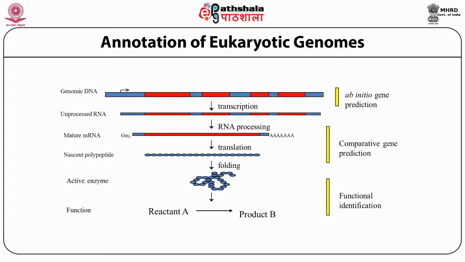At different levels, different types of tools are used for functional prediction. For example, at the gene level or genomic DNA level, ab initio gene prediction methods are utilized. Then at the RNA level, comparative genomic prediction tools are utilized. And at the protein level, or protein sequence level, functional identification can be utilized. So these are the different levels of tools that can be used to annotate the function of any given sequence